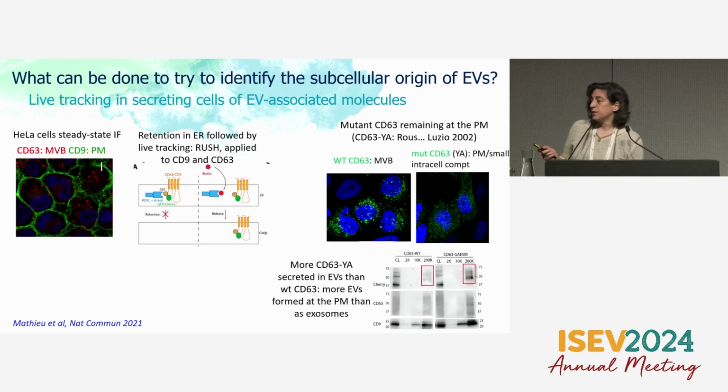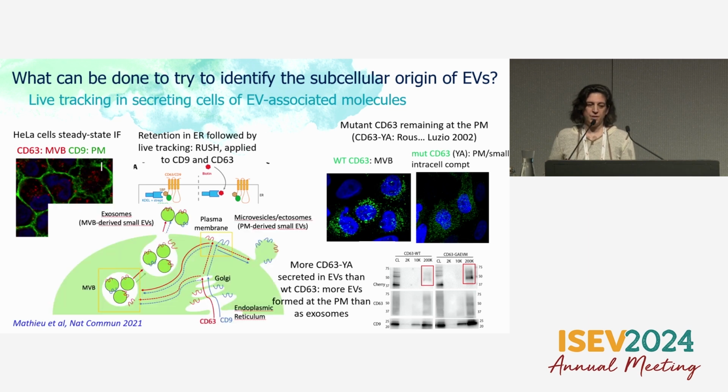And when we expressed this mutant in the cells, what we could see was that the amount of the CD63 that was recovered in the smallest EV pelleted at high speed was higher when it was the mutant CD63 that was expressed than when it was the wild-type CD63, suggesting that actually more EVs in this particular cell line at least come from the plasma membrane than from the multivesicular bodies. And so the general conclusion of this work was that, in fact, CD63 and CD9 travel together in the